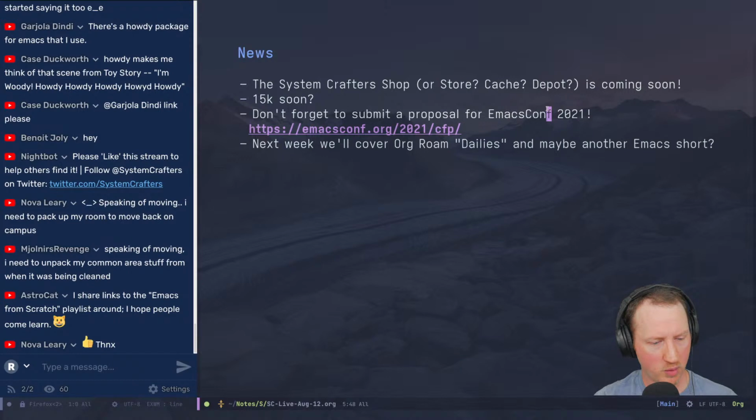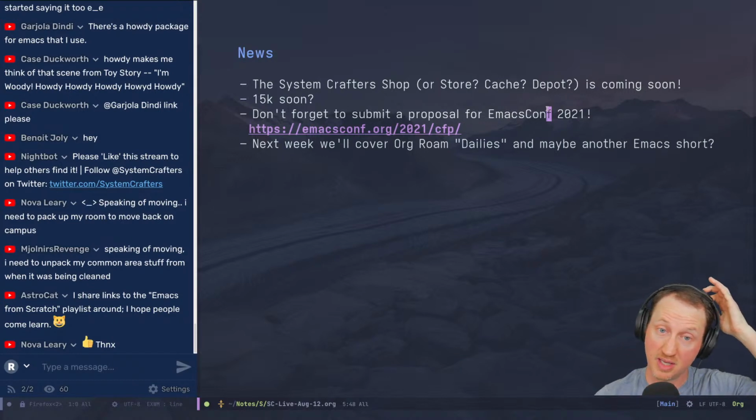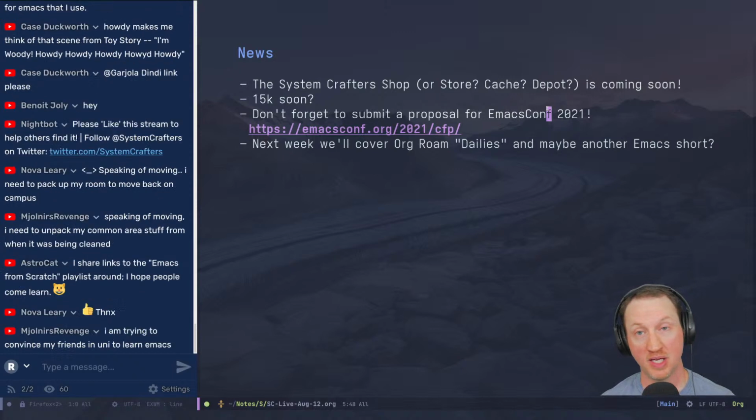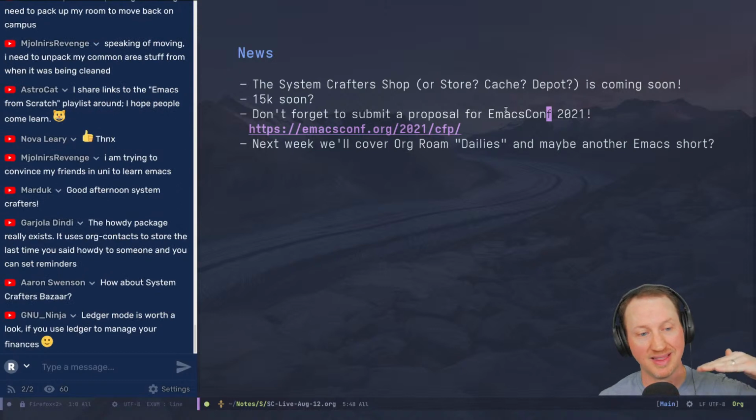The next thing I wanted to mention before we move any further is that I said last week the call for proposals for Emacs Conf 2021 is out. I've been trying to ping people to convince them to submit proposals. I will say it again, you should definitely submit a proposal. This is not just for people who know a whole bunch about Emacs. It could be for people of any knowledge level, and there are different lengths of presentations you can do: a 5-minute presentation, a 20-minute presentation, a 40-minute presentation, I think.